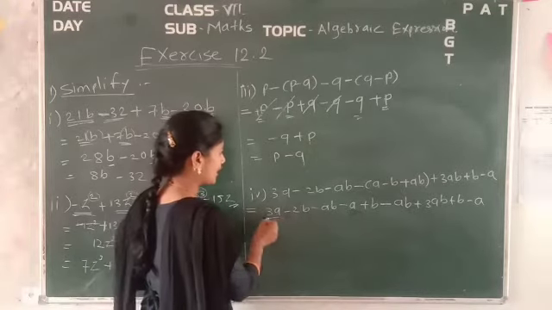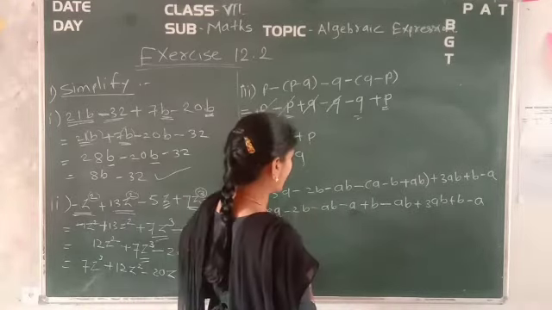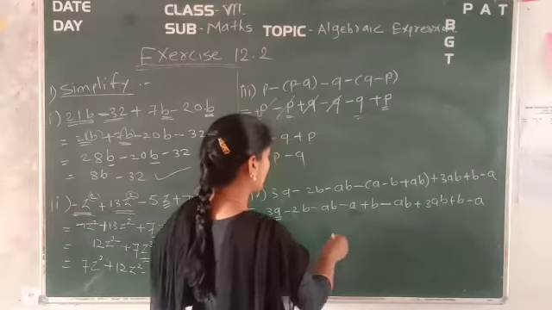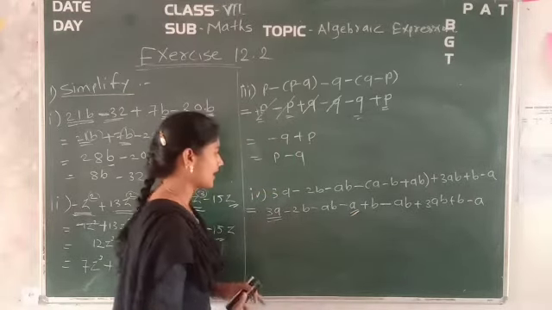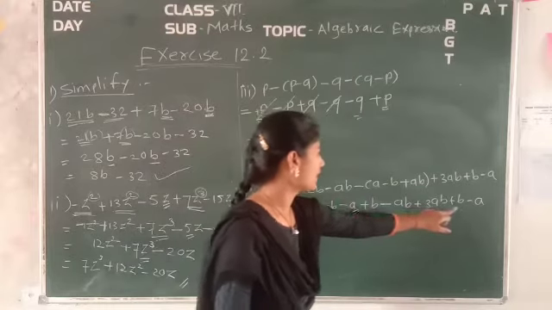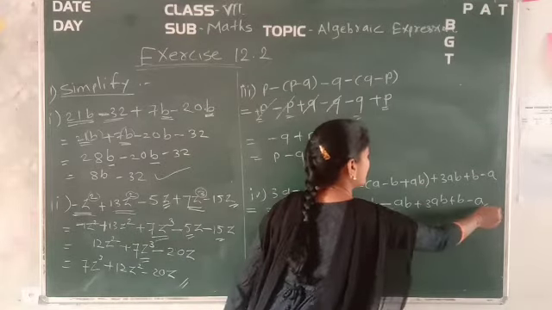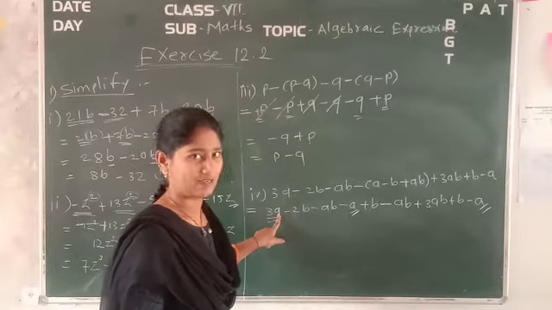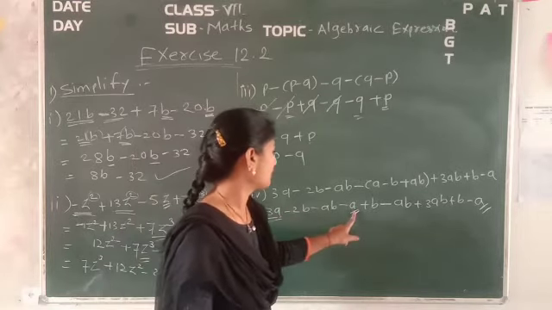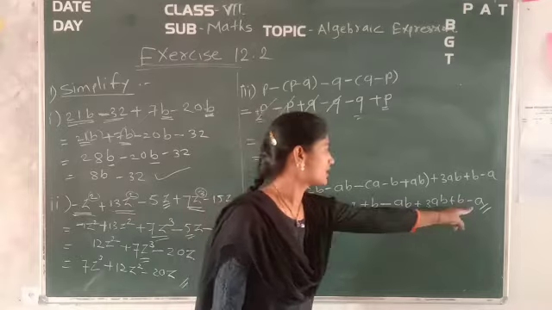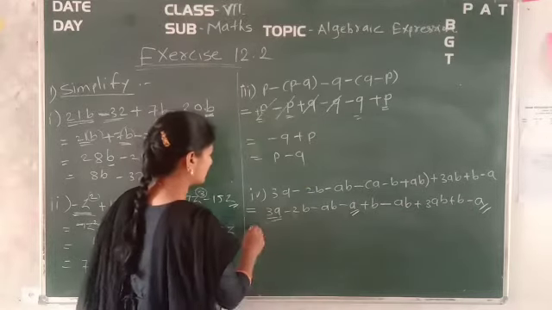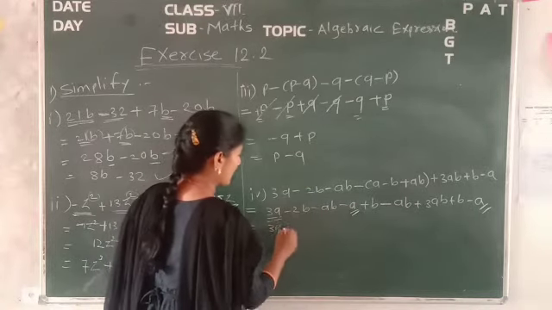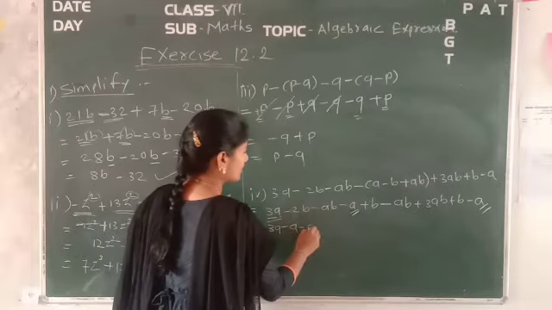Okay. So here 3a is here. Again, what is the next a term? Variable a. Here it is a. Again a. Here it is a. So see here, 3 times we have the term of a. Here also single a, here also single a. So take it to the side here: 3a minus a, and this is also minus a only.